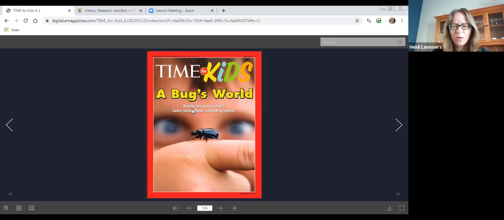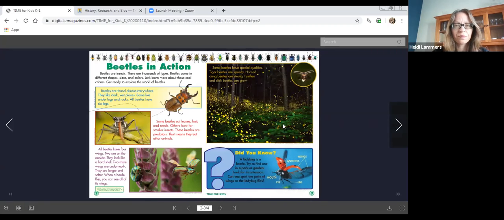Are they beetles or bugs or insects? So what's the difference between those words? This shiny black beetle looks very interesting to me. Let's turn the page now and read more about beetles. Take a minute to look around the page. Notice what catches your eye. That means what you want to look at first.